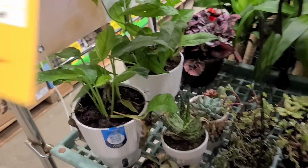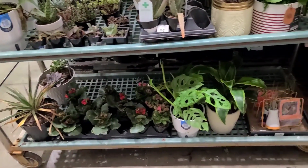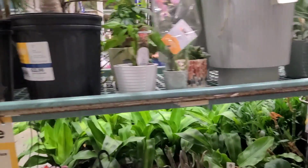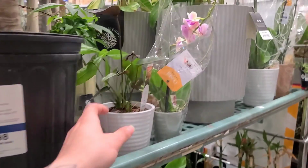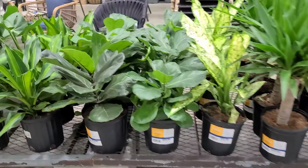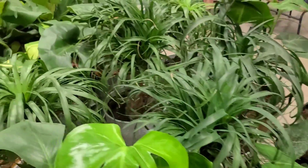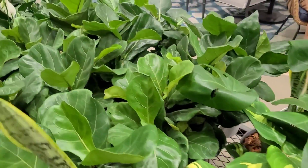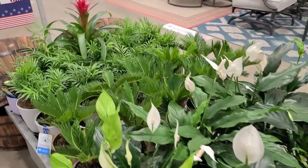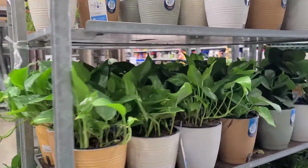But they do have some pretty decent clearance stuff. Like that Adansonii down there just needs a little bit of love. That Dracaena as well. Sometimes they just need to be watered or repotted. Like this Anthurium just needs to be consistently watered and it'll grow back. So they also had their floor plants over here, some Monstera deliciosa, ponytail palms, fiddle leaf figs. They've got all the peace lilies, some sago palms, and then over here we had some more of the older